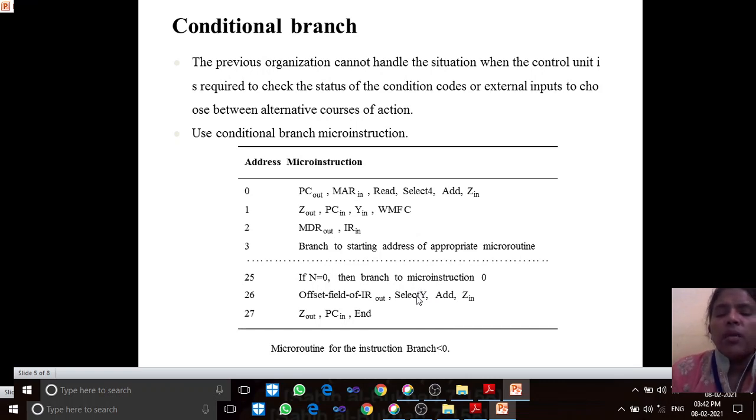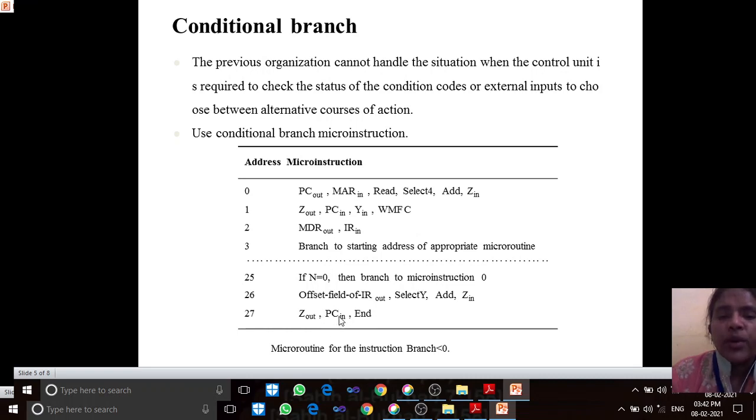Using the multiplexer, Y input is selected and it is added, and then the result is stored in Z in. From the Z temporary register, the data will be moved to the program counter.